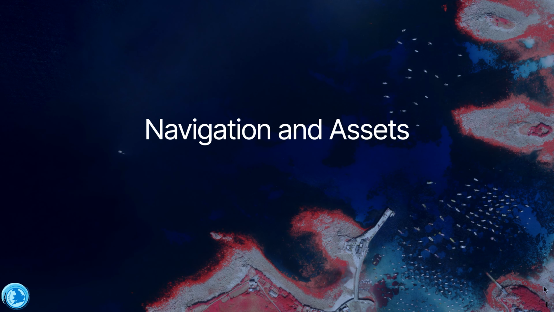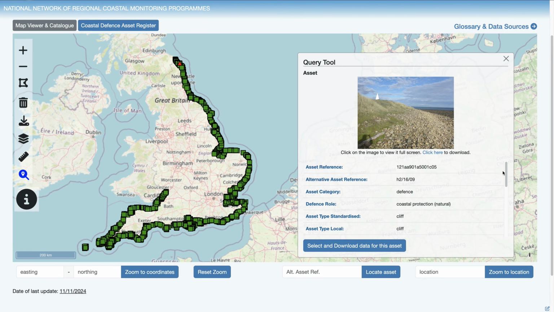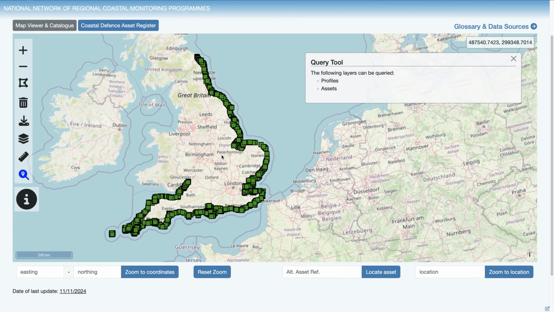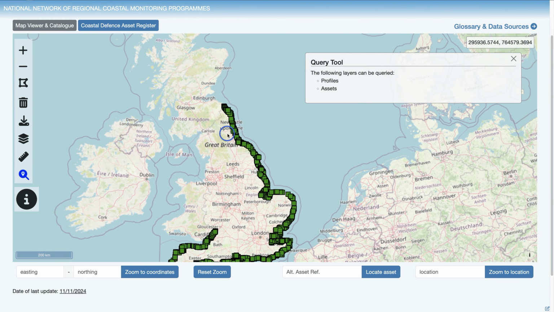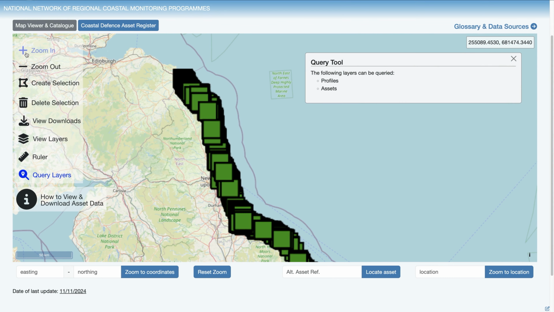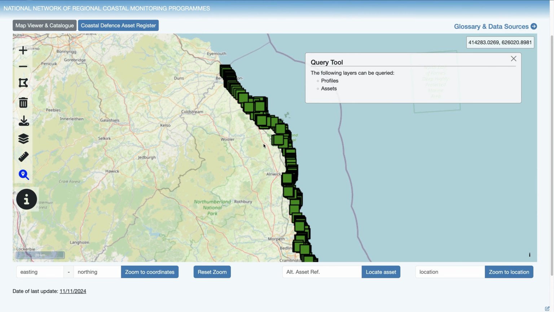The Coastal Defence Asset Register helps you visualize and view information about coastal assets. For each asset, you'll find detailed attributes, images, structural elements, and a history of inspection records. Navigation is straightforward. Simply use your mouse or trackpad to explore the map. Left-click and drag to move around, and use either your scroll wheel, the map toolbar controls, or double-click to zoom